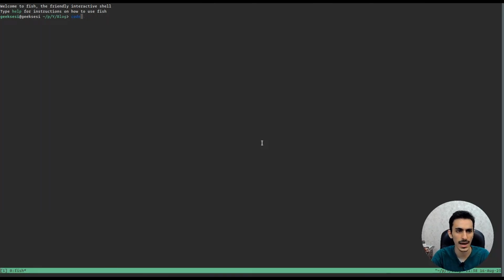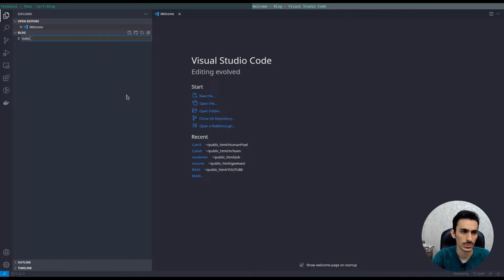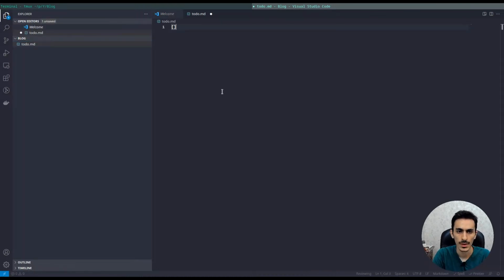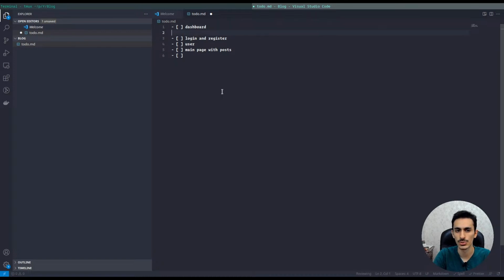So let me make Tmux here and open the code here. The plan is just making a todo.md. I want to first have a dashboard. Dashboard means that I should have a login and register, which means I should have a user model, and I just want to show some posts on the index page. So I have a main page with posts, and the dashboard should have